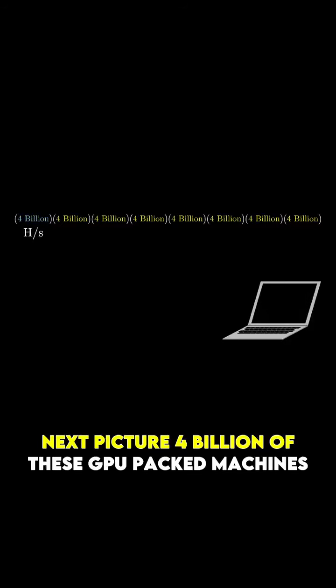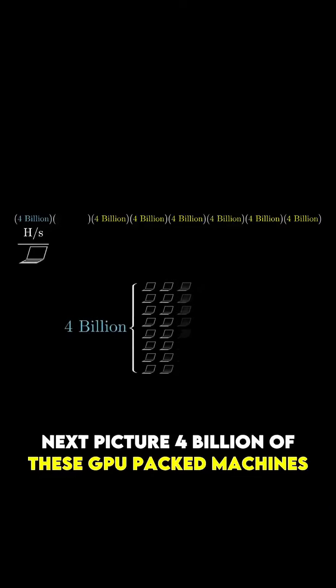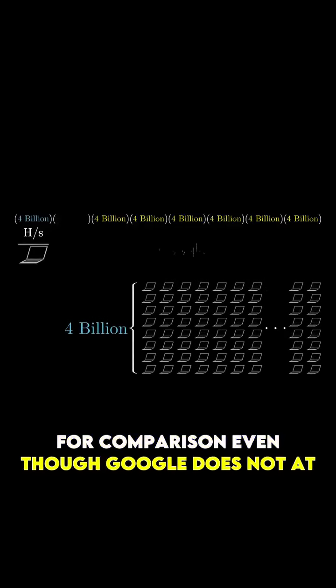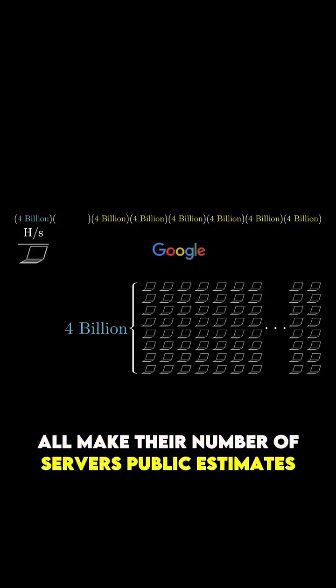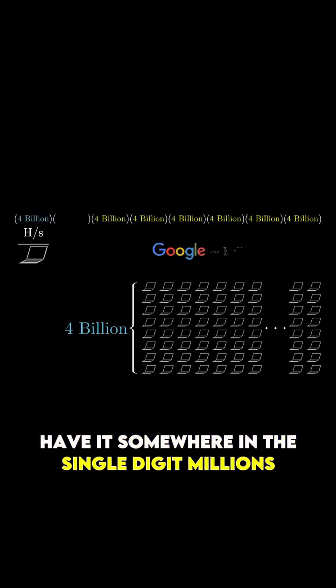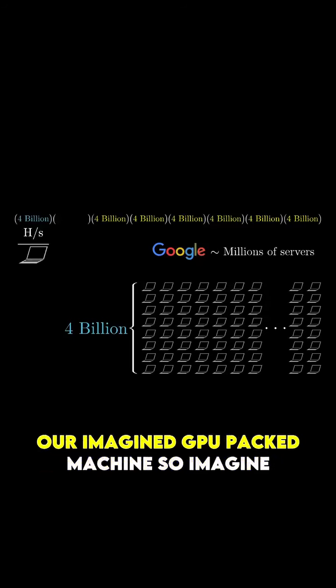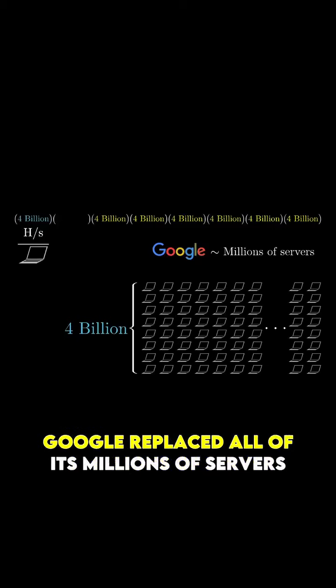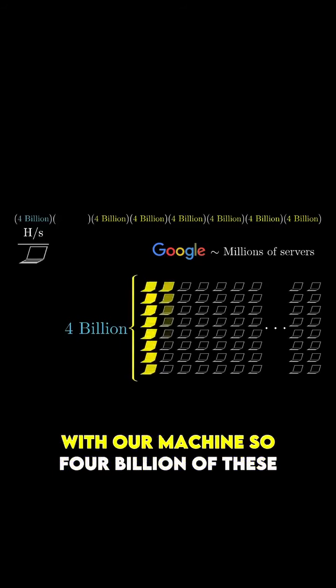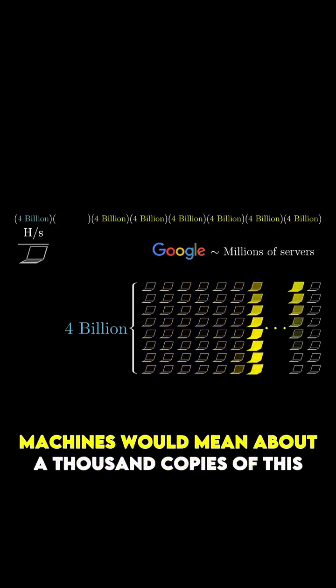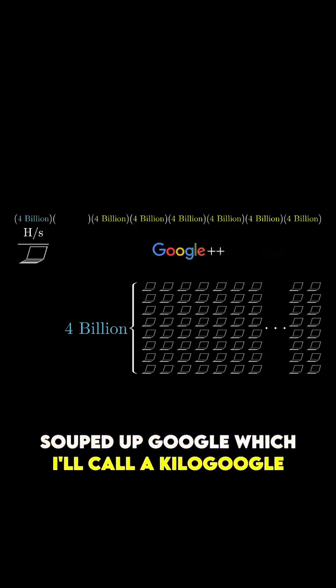Next, picture 4 billion of these GPU-packed machines. For comparison, even though Google does not at all make their number of servers public, estimates have it somewhere in the single-digit millions. Now, most of those are much less powerful than our imagined GPU-packed machine, so imagine Google replaced all of its millions of servers with our machine. So 4 billion of these machines would mean about 1,000 copies of this souped-up Google, which I'll call a kilogoogle